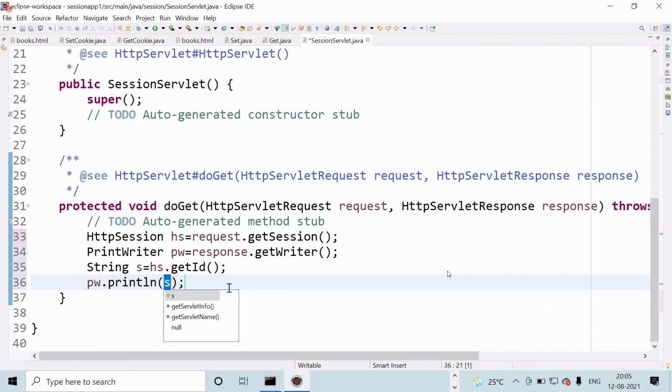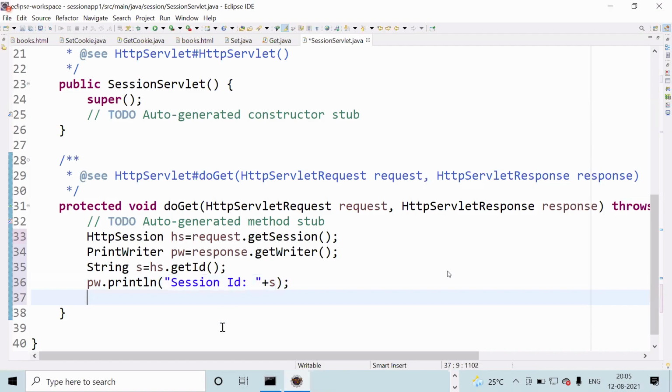Now pw dot println s. Session ID printed. Just I want to concatenate here to display a message. What I want is like this. I want to display like a session ID. Like this, session ID display.